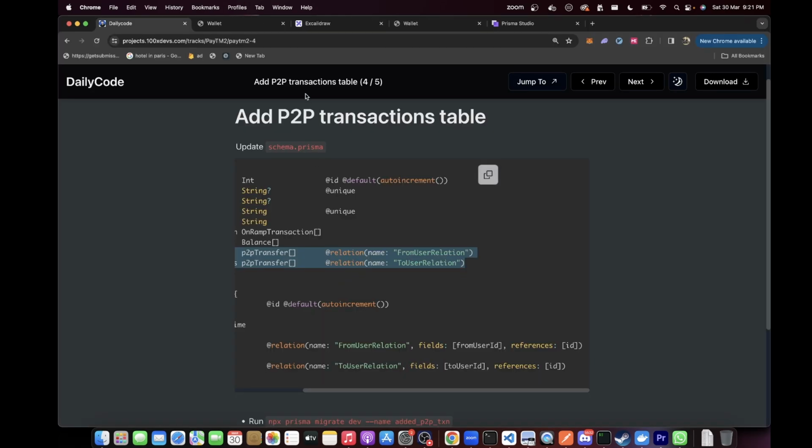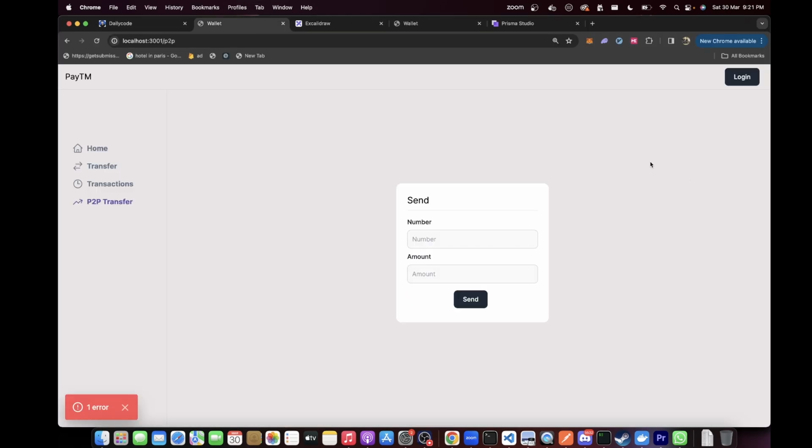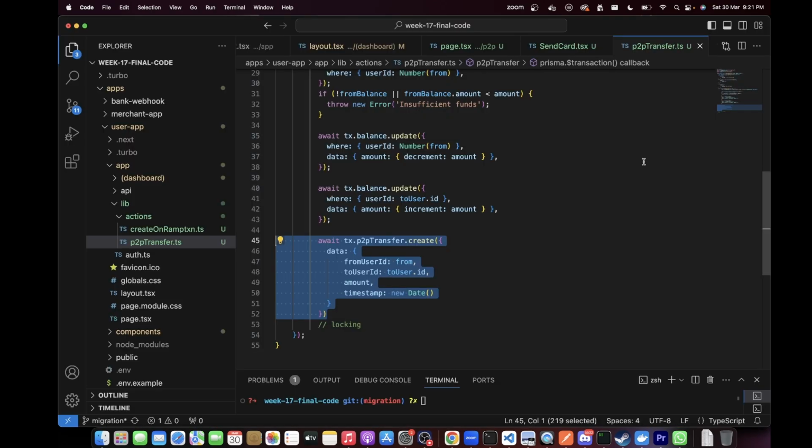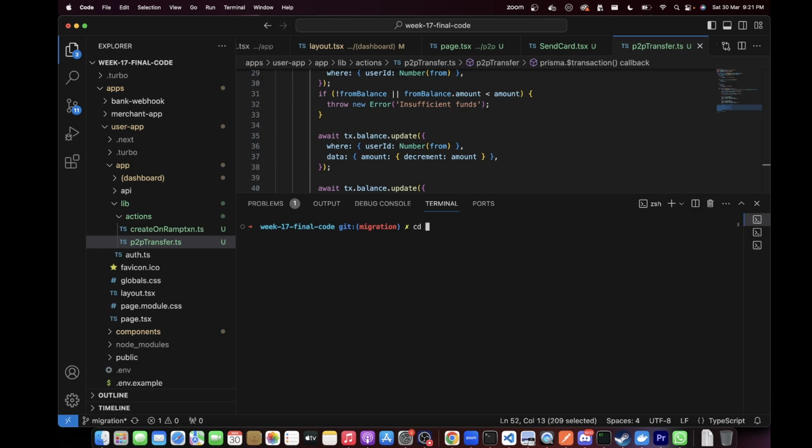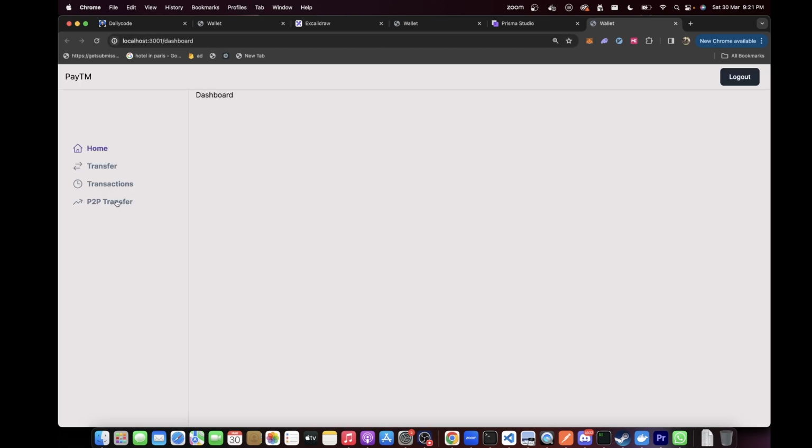Also, your users would also want to track somewhere on the website that I sent Sunil 50 rupees yesterday. So for that reason, you need to have this P2P transfers table. If I now rerun the application, apps/user-app, npm run dev, localhost 3001. If I go to P2P transfer,